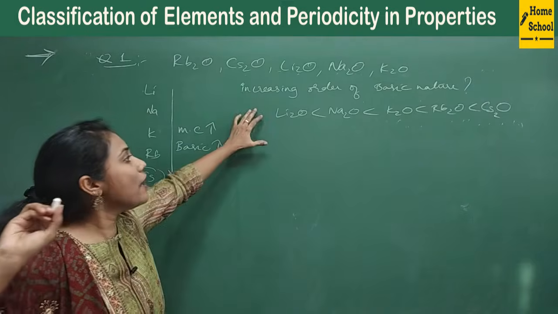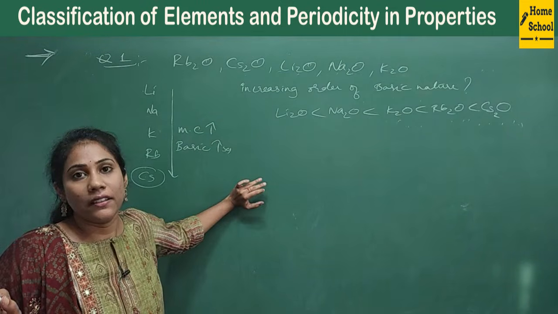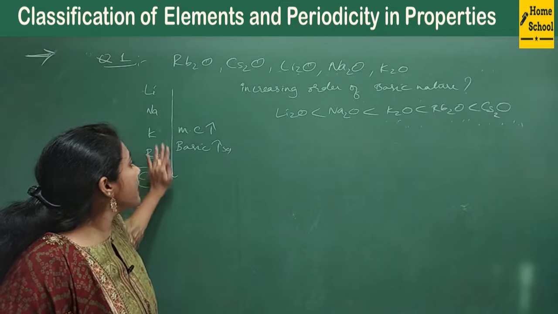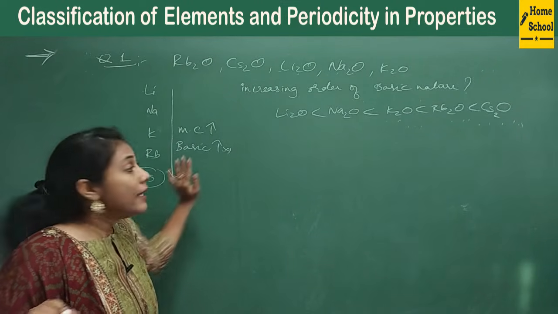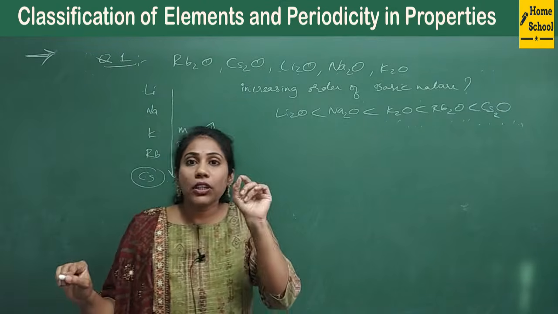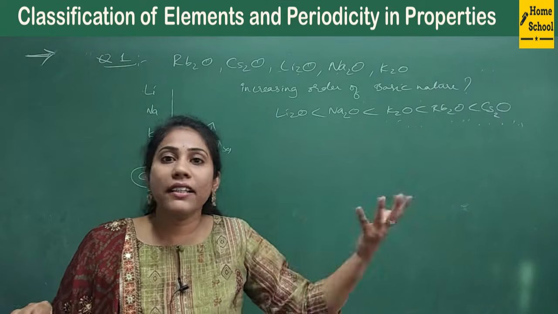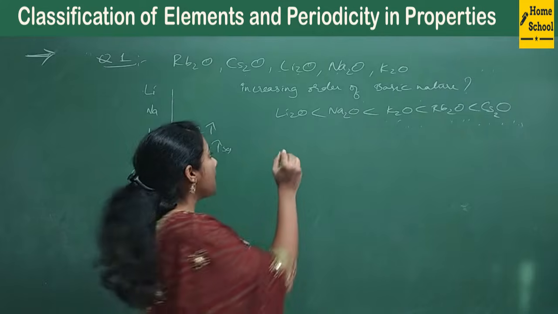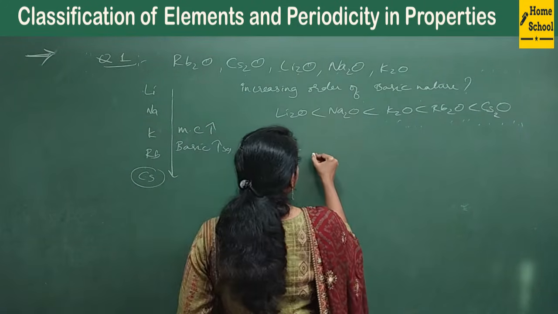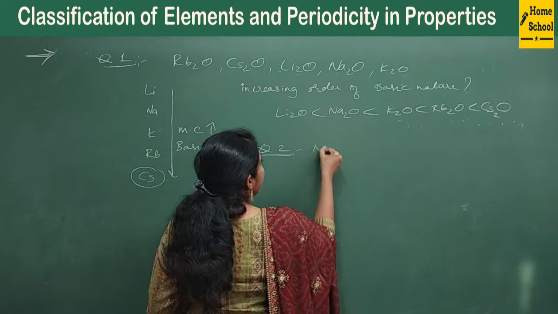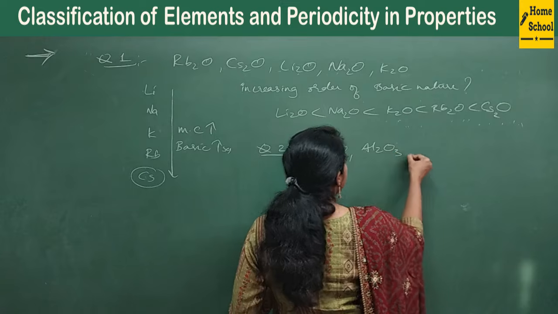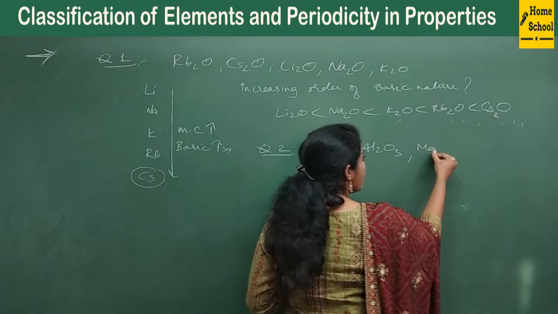Okay, so this is how you have to decide your answer. Top to bottom in a group, basic nature increases. Left to right in a period, basic nature decreases, acidic nature increases. Observe question number 2. For example, let me take sodium oxide, aluminium oxide, magnesium oxide,